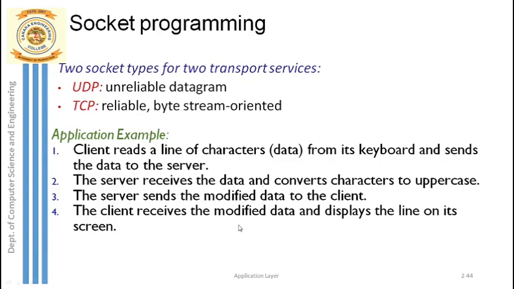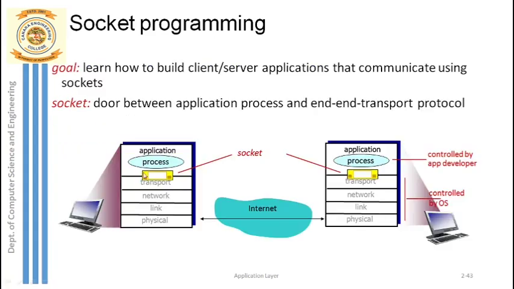I'll just tell you in simple words. This is me and this is my friend, correct? Or in other words, I'll call this the client and this person the server. Let's not take the friends concept; now I will take the client-server concept. This is a client and this is a server system. And you know what the role of the server is? The server's job is to always send the requested data to the client. The client's job is to always request data from the server.